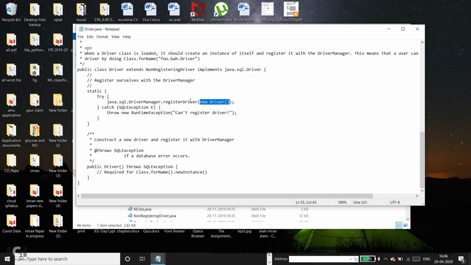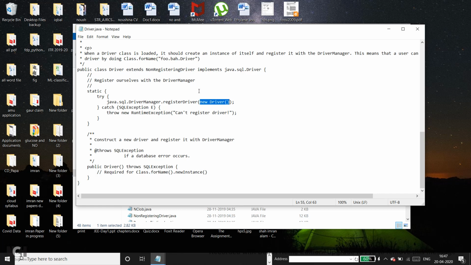What this register driver method does is basically keep a record of whatever driver has been recently registered, and from now onwards, if you try to communicate with the database, it must use this particular object to communicate with the database. So whosoever this object is, it is going to communicate with its respective database.